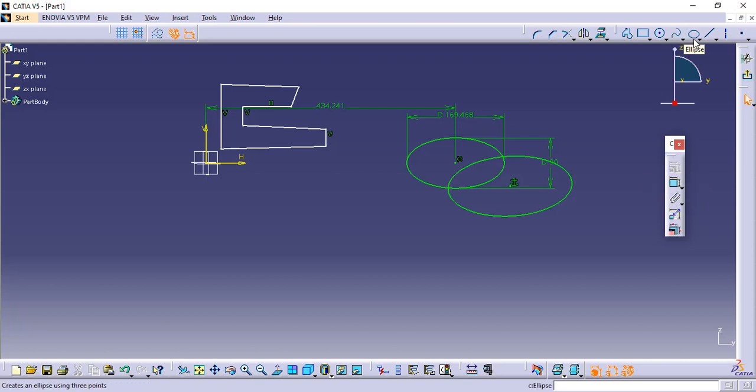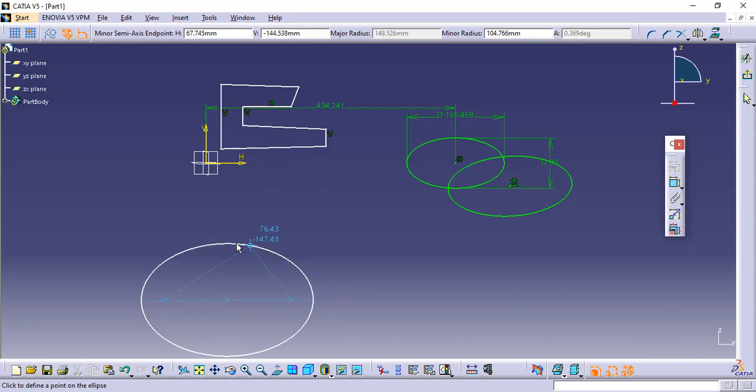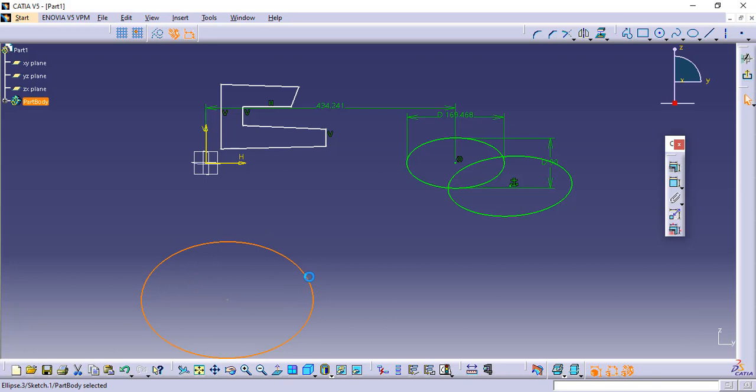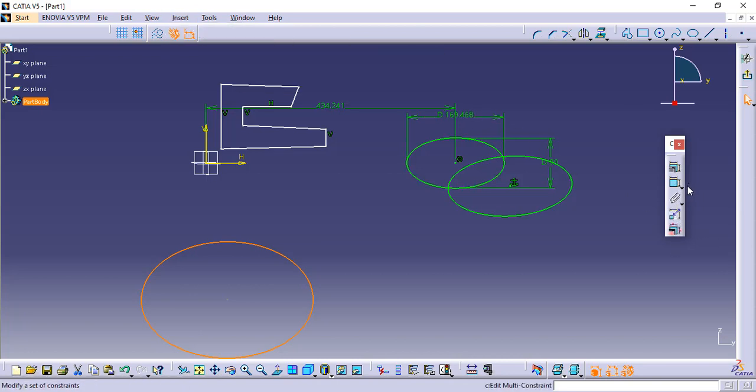How to use it: you just click on the sketch, and the option will be available. Now the next command is constraint, and you can see here also constraint, under the configuration constraint, and in the toolbar you can see these constraints. To use this constraint command you are free: you can select the sketch first or you can select the command first.